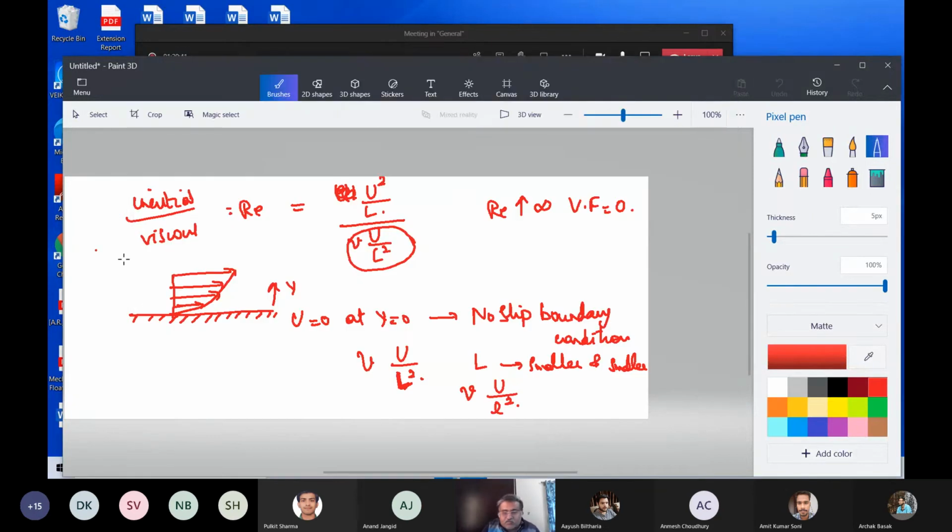Sorry, that was a disturbance. Okay. So basically the length scale of the flow keeps on decreasing. If you have the length scale of the flow as very large, it decreases to a smaller value. Then as the Reynolds number keeps on increasing, it decreases to an even smaller value, and it keeps on decreasing to a smaller value.